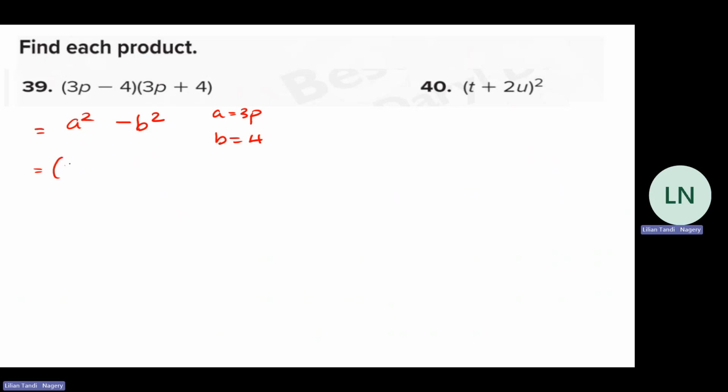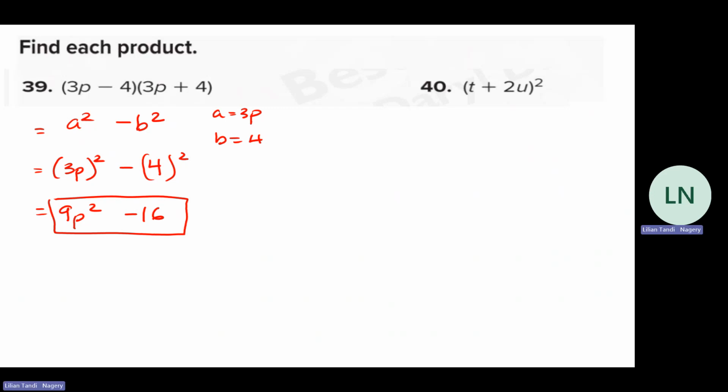So we will have 3p squared minus 4 squared, which will be 9p squared minus 16. And you box your answer. Okay. Then I do